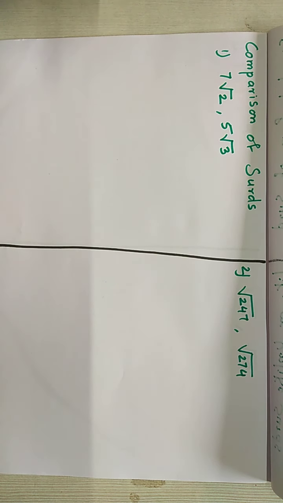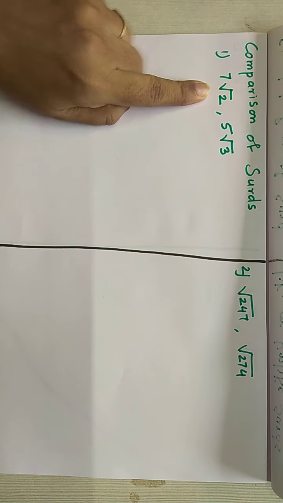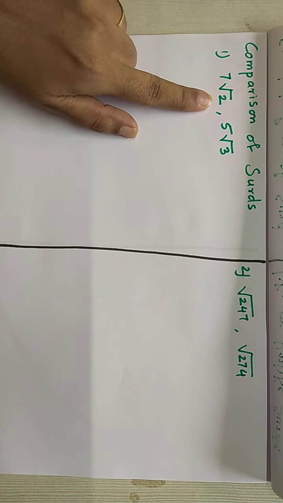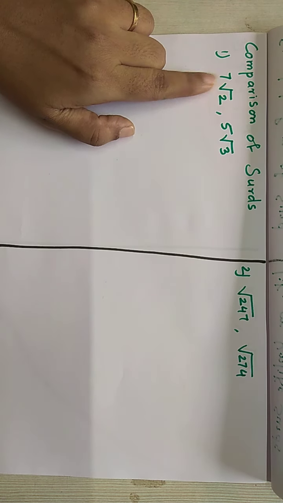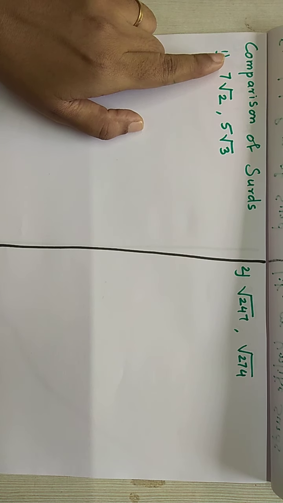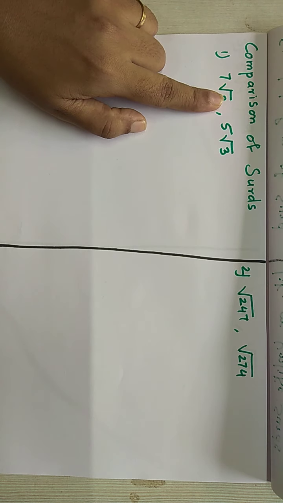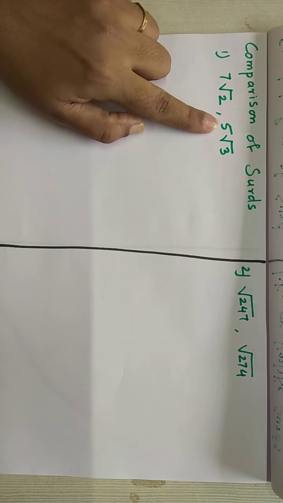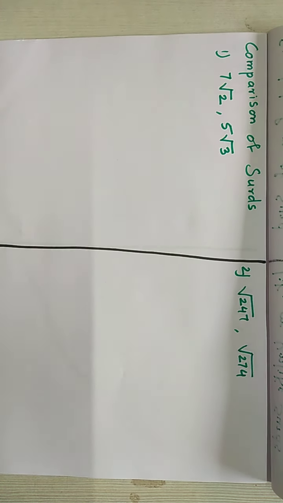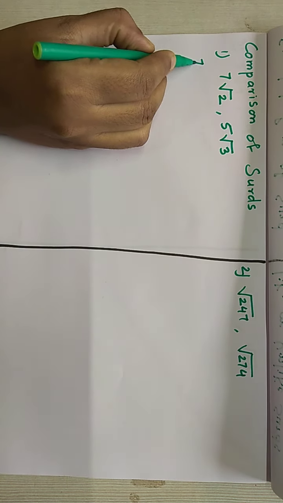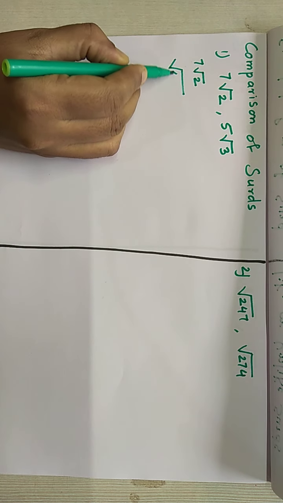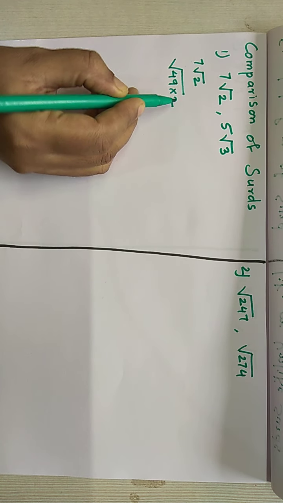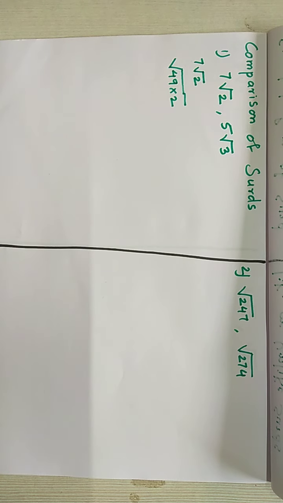Now when we compare the surds, the first thing is you need to see the surds. This surd, if you see, is 7 root 2 and 5 root 3, right? We cannot compare them like this. Either all the numbers should be outside the root, or all the numbers should be inside the root. The 7 which is there, we'll have to put it inside, and 5 we'll have to put inside. Now this 7 which is outside, 7 root 2, goes inside by becoming a square. 7 square is 49. So it will become a square and go inside.